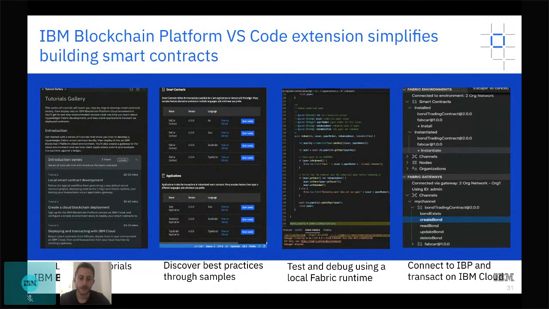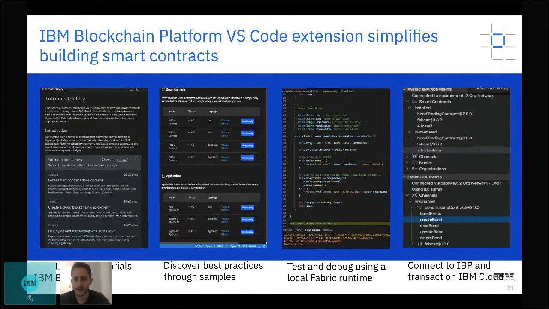You can go download this for free and start with these tutorials. They're very basic. They'll walk you through what blockchain is, what Hyperledger Fabric is, and how to start building out your application smart contract. There are a bunch of different samples that provide best practices of how to build these out, and just sample smart contracts that you could try out right away and run to see how they work.